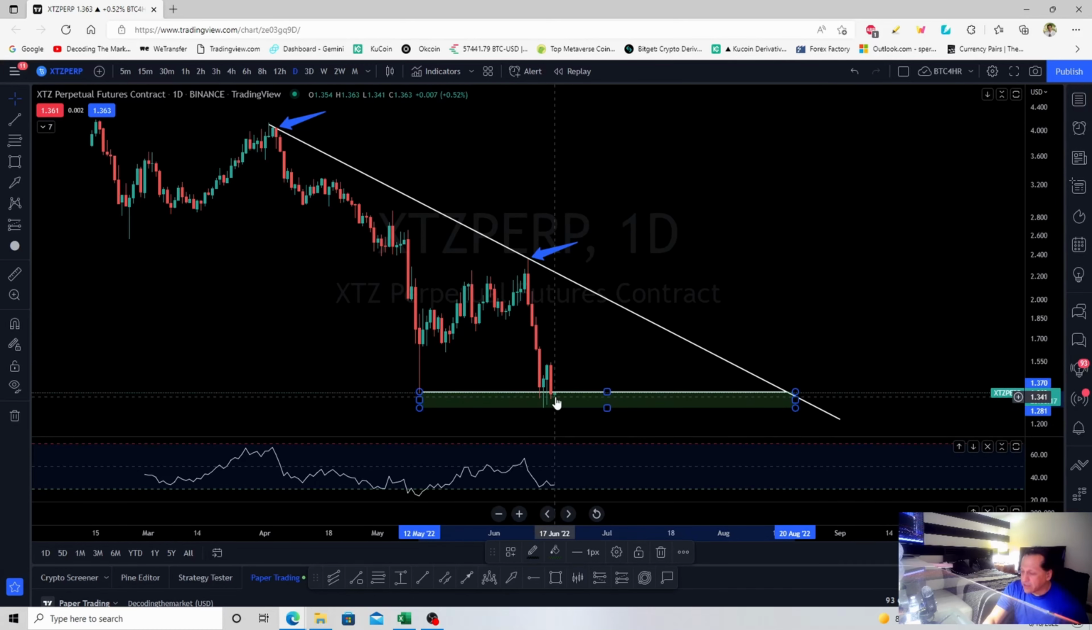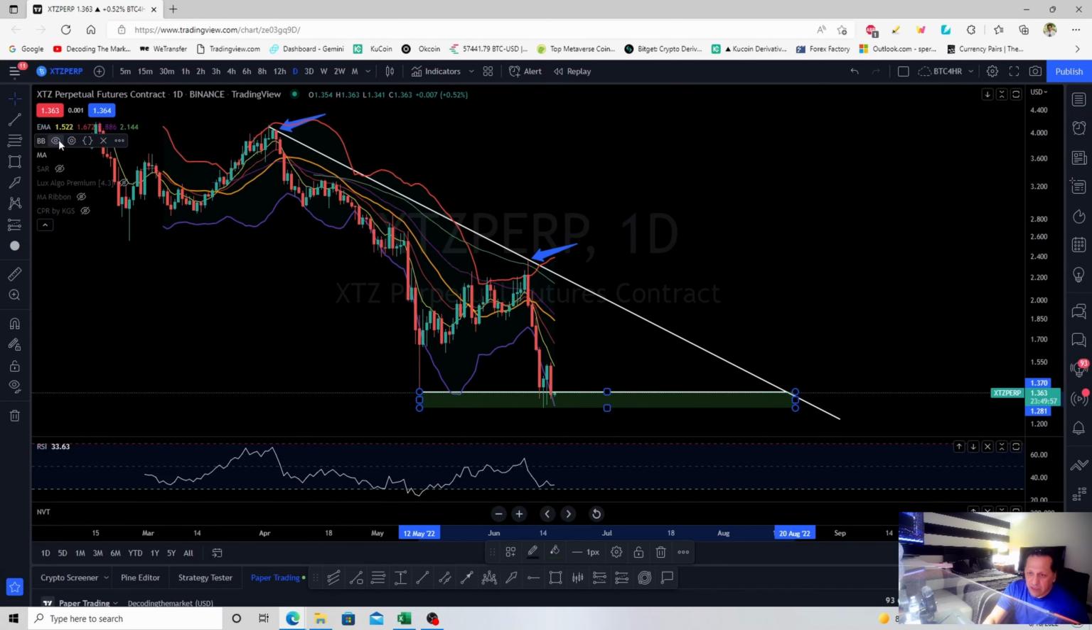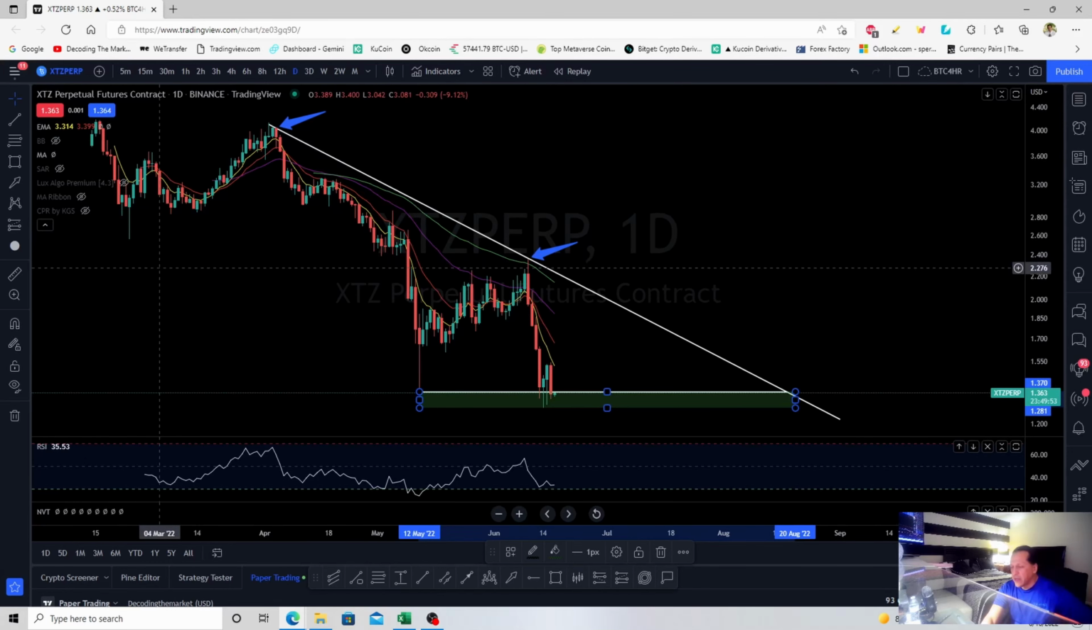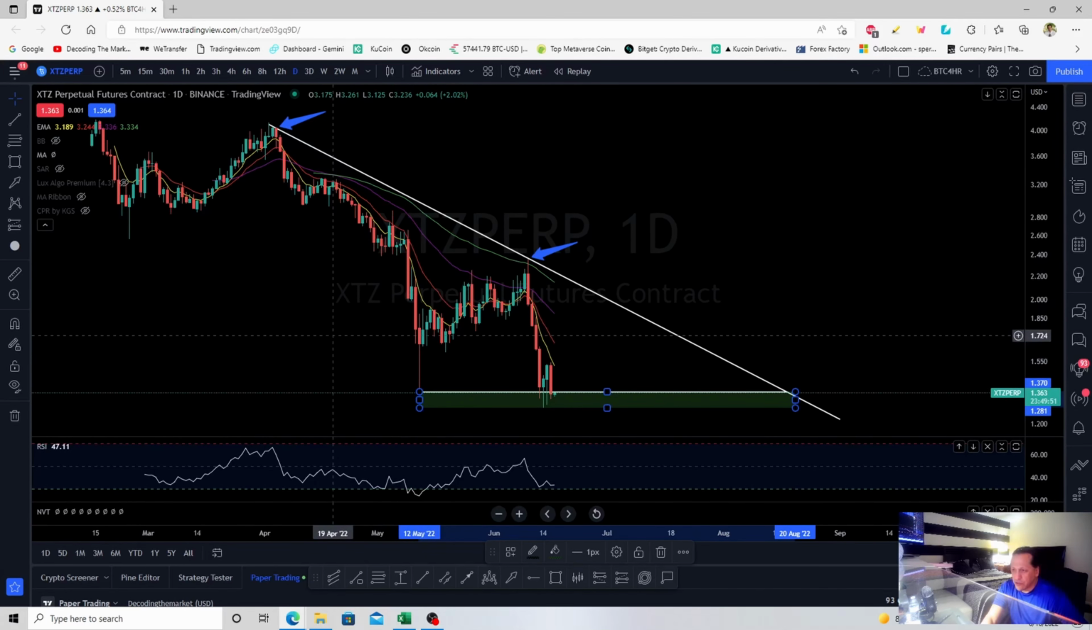If the price finds a support, a strong support right up here, what Tezos could do to the uptrend. And if you see the possible uptrend, I'm gonna show you some indicators. Actually, let's use the exponential moving average. If you notice the exponential moving average,